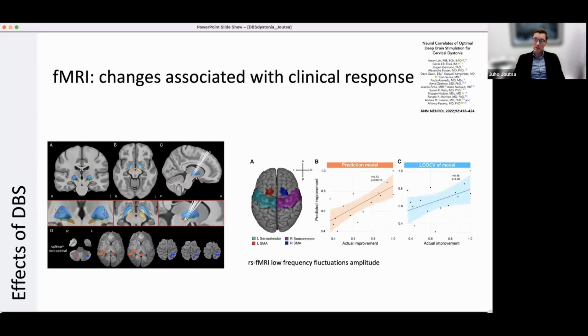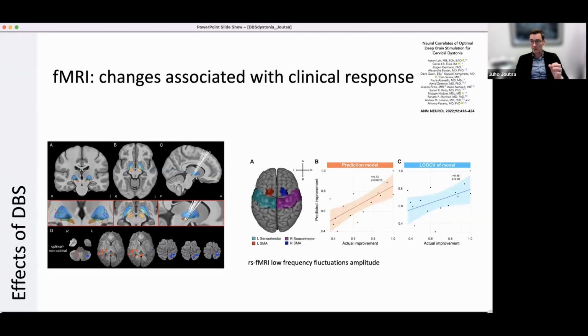In more direct approaches to figure out what is going on with DBS, and whether the responses extend beyond the stimulation target, this is a study from Canada where they scanned cervical dystonia patients with DBS. They scanned them with resting state fMRI, measuring low frequency fluctuation amplitude, which reflects activity in different regions in the brain. They had a clever design where they had optimal contacts, optimal stimulation on,